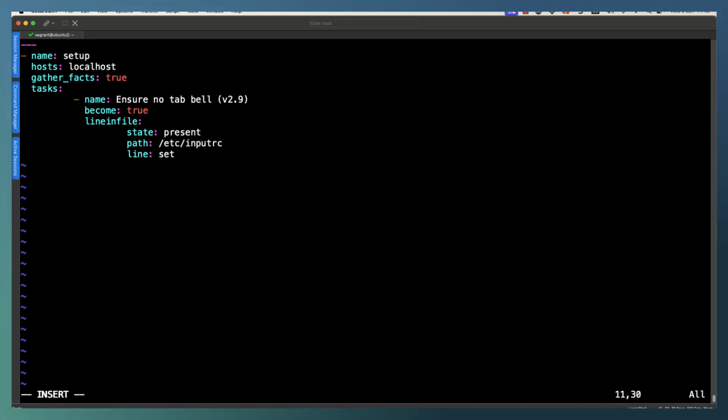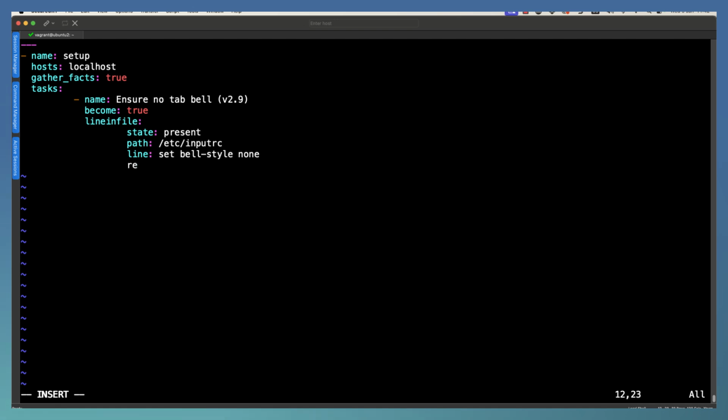And then we can go through and specify the line that we want to add, and that's going to be set bell style null. Now we need to check to see if the line is already there. Obviously we don't need to add it if it's already there, but we also need to change any line that is there but is set bell style, let's say, to visible. So we can specify that the line begins with set bell style, and then we don't care about the option that we've got. We've just got to check that there is an option that begins set space bell style. So dot and asterisk is saying any character and any amount of characters.